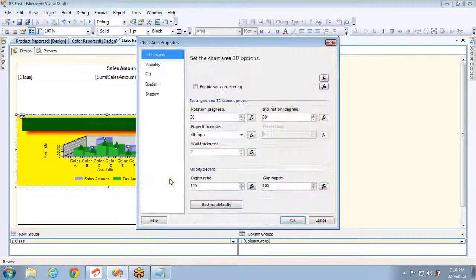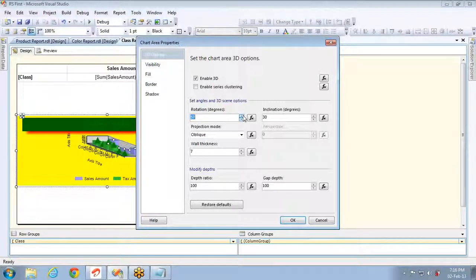And again I'm going to 3D effects, and here you have one option. You can rotate the 3D chart. See, the chart is rotating in the background, right? And inclination also, that means from top to bottom view, you can change the angle, the degrees of the change. And projection mode, how you want to project, you have two. One is oblique, the combined one, and perspective is the split one, which you can see clearly in the perspective mode, right? Can you see it clearly here? And wall thickness, you can provide the wall thickness.